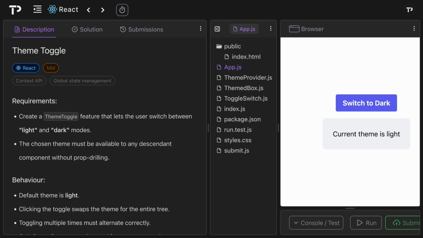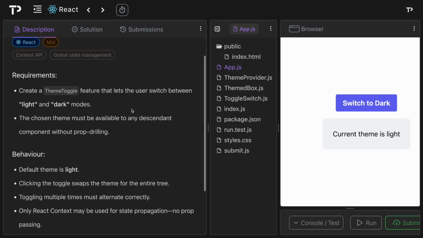In this video, we're going to walk through a coding solution to the classic theme toggle React technical interview question, so let's jump in. In this question, we are required to create a theme toggle feature that lets users